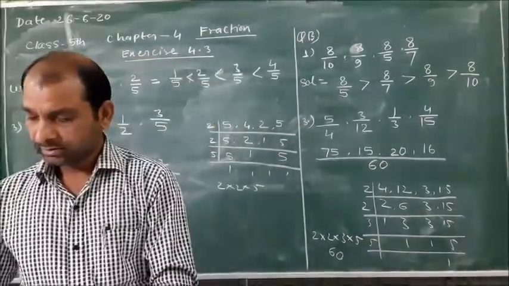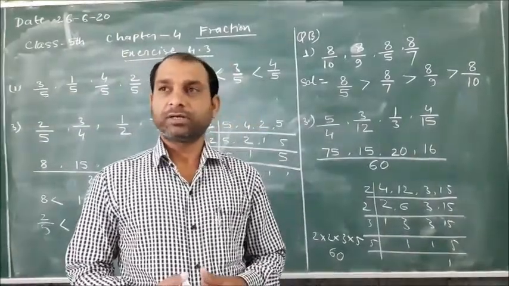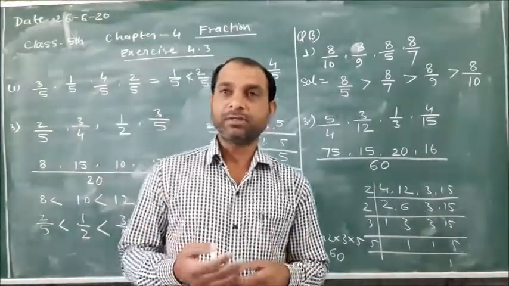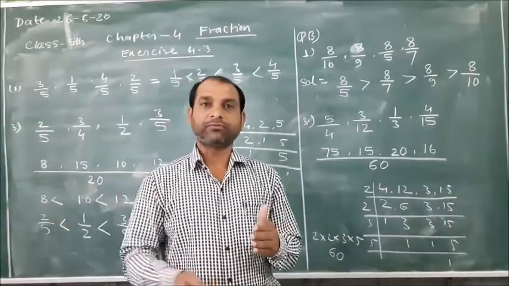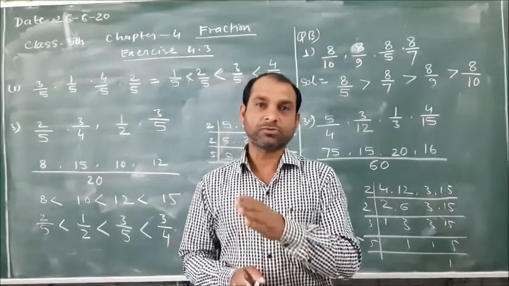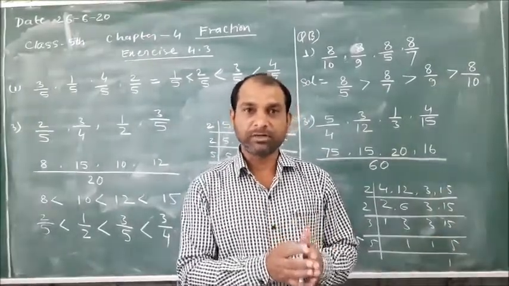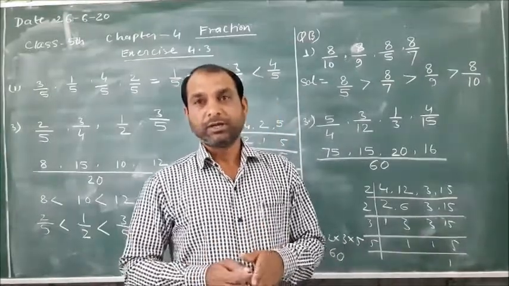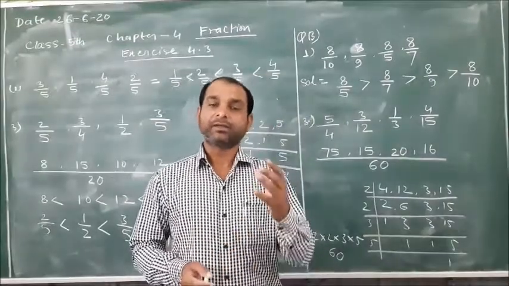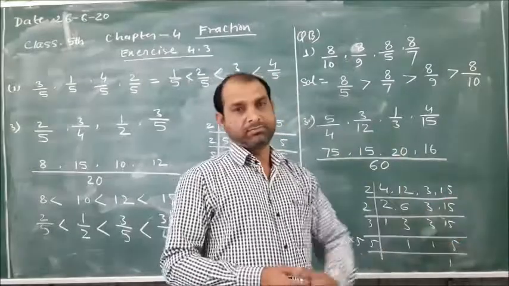Ascending order, we also say increasing order, and descending order we also say decreasing order. Ascending order means we go from smaller to greater, and in the descending order we go from greater to smaller. Means first we write the smallest number, then the greatest number in the ascending order, and in the descending order first we write the greatest number, then we write the smallest number.